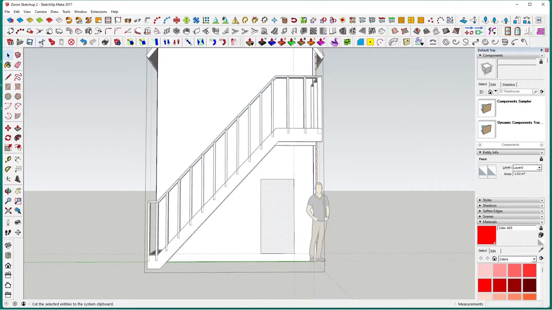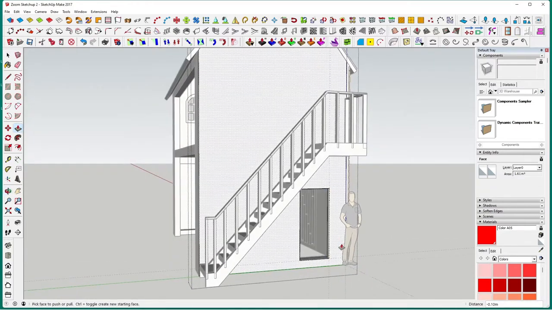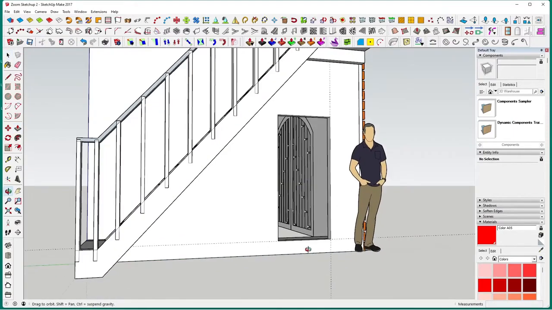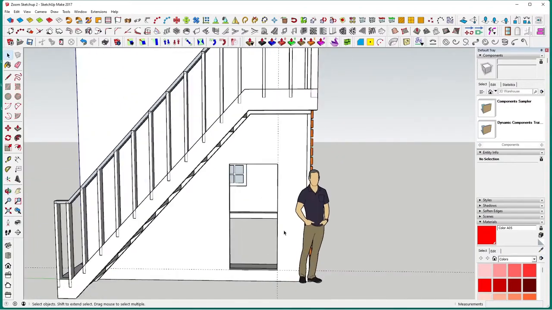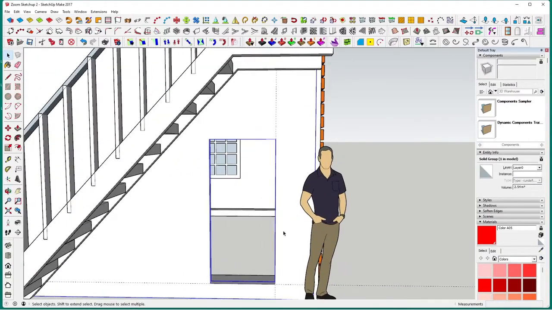Click on the door, copy. Keep the door highlighted, push pull tool, push it back till we go through the door, and we should have cleared the door. Yep. So now make a bit of a door frame,